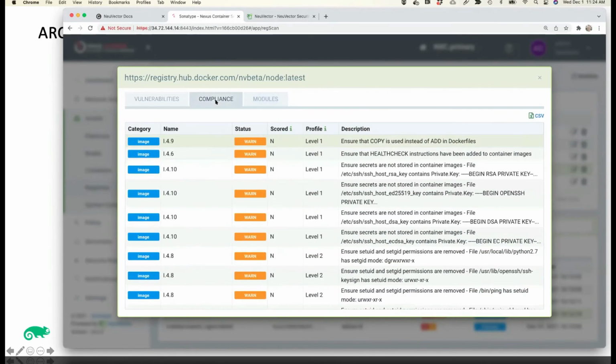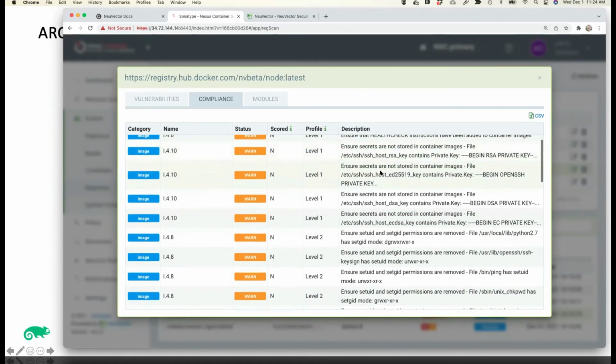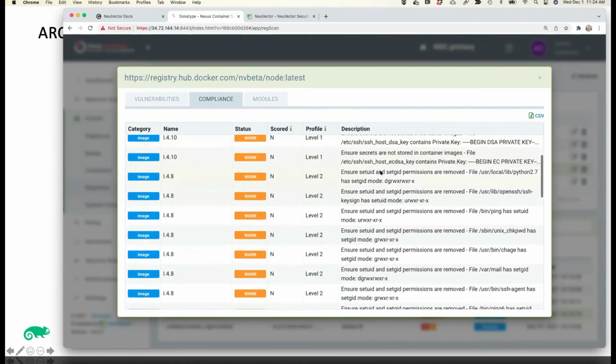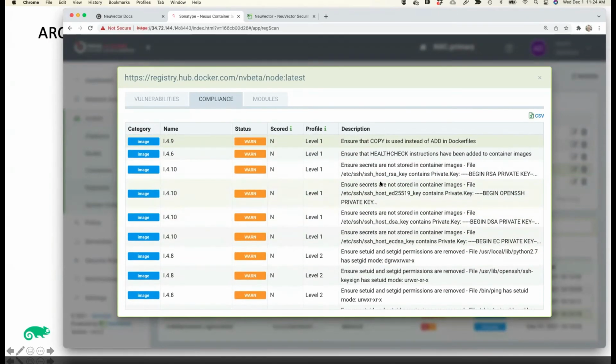Now, in addition to that, we're going to run a bunch of compliance checks on the image. A lot of the CIS benchmarks, you can see the reference list here. But we'll also look for certain types of things like secrets in images and let you know if we detect things that look like secrets or if certain file permissions are not appropriate.